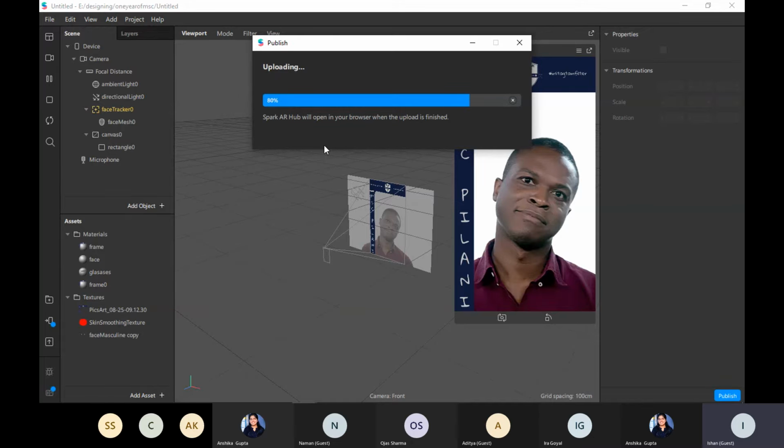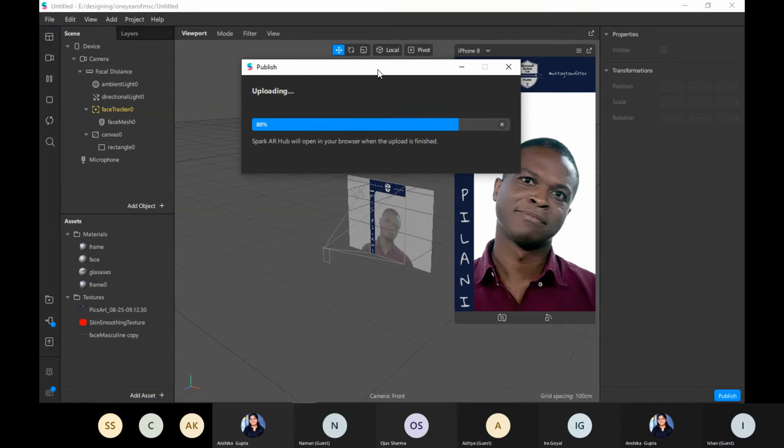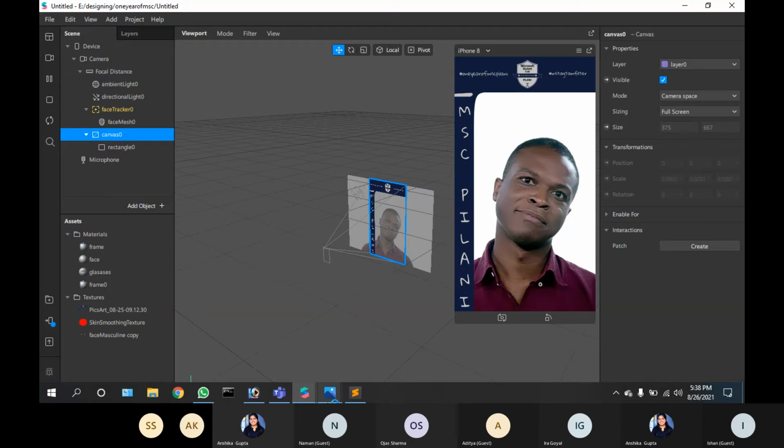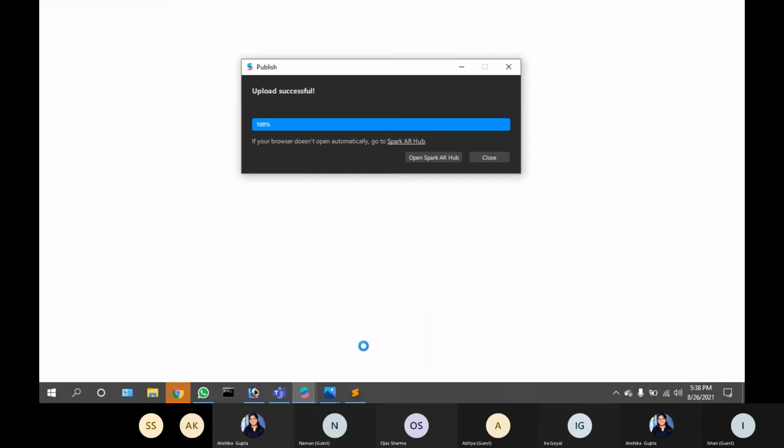It will lead you to the Spark AR website. It is uploading.